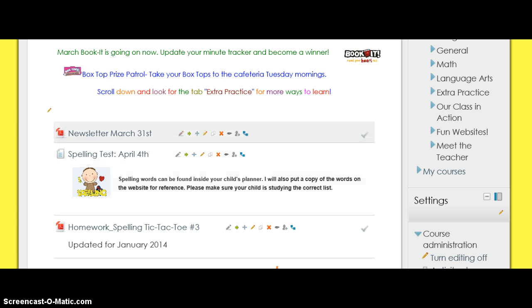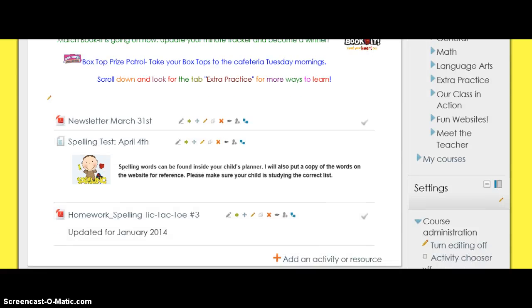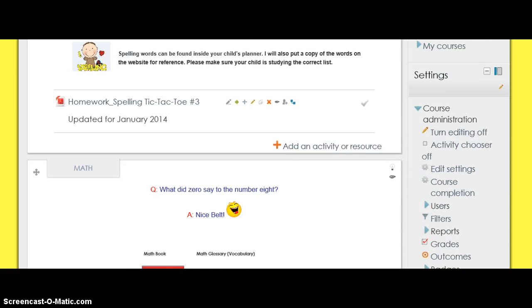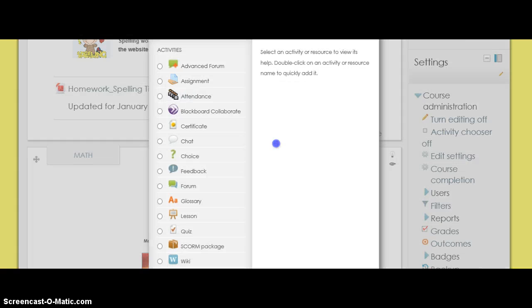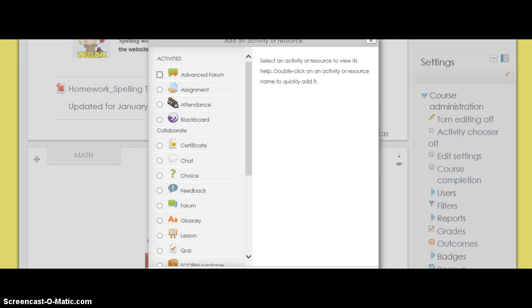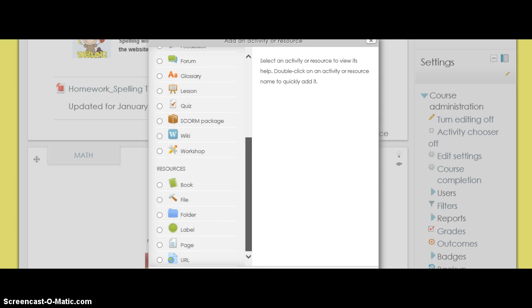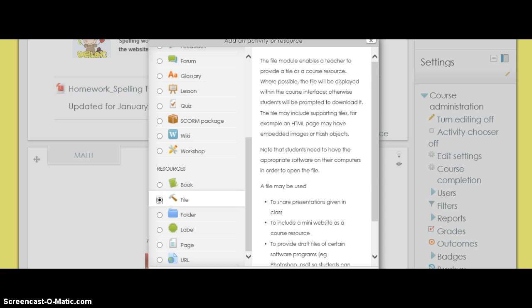Some of the things that I put on are my newsletter and my spelling. So if you want to add an activity, you can easily come here, click Add an Activity, and it'll bring up a series of options for you. The ones that I typically use are the resources here, file or page, and sometimes I'll use URL as well. So if you want to add your newsletter, you can just click File,